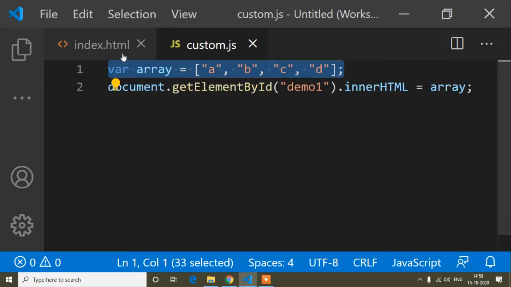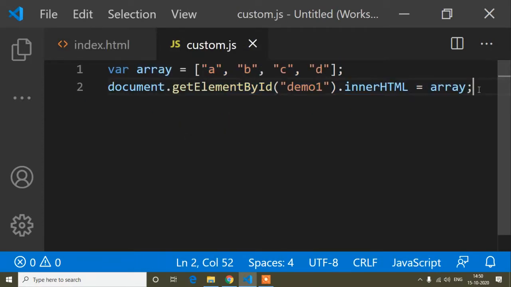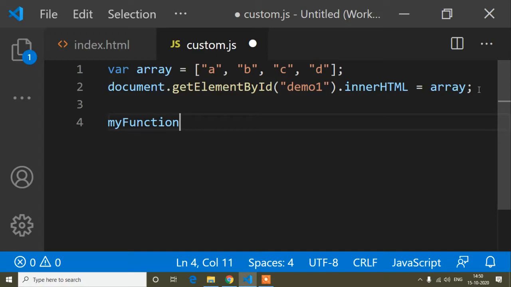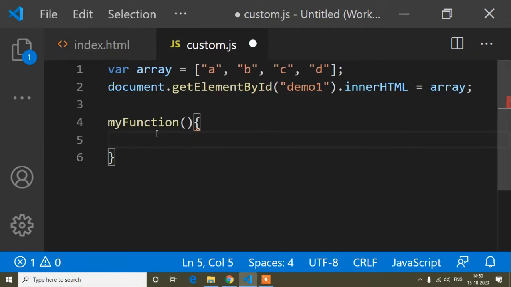And now I will click this button. So I will copy this method name, myFunction, and just here I will declare it with parenthesis. So that means when I click this button, then I will change this using the copyWithin method. So first of all, I will transform it to capital letters. You can do this, or otherwise you cannot do this, as per your choice, but I transform it because it looks good.